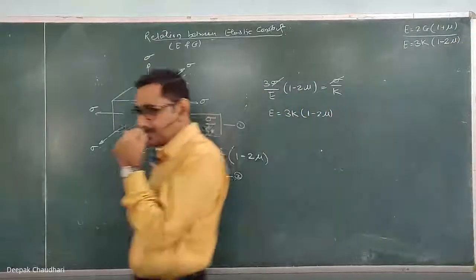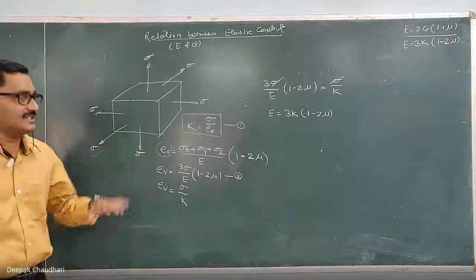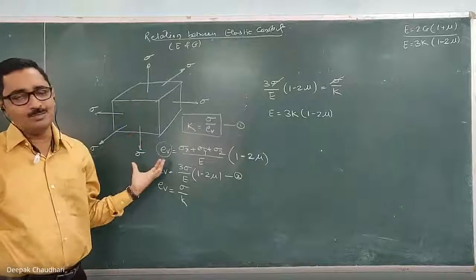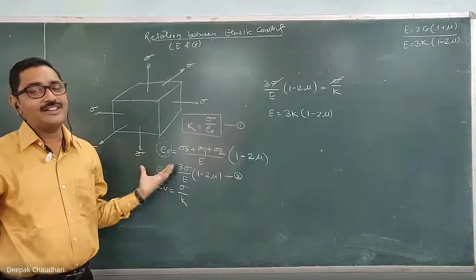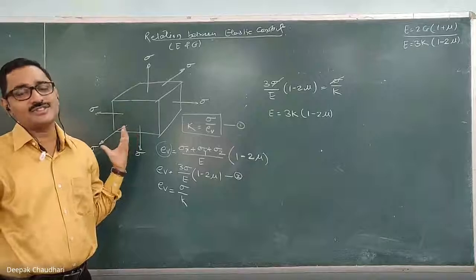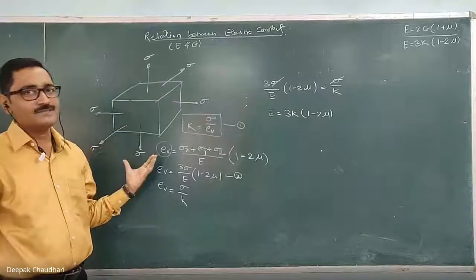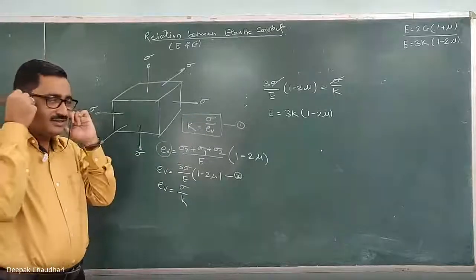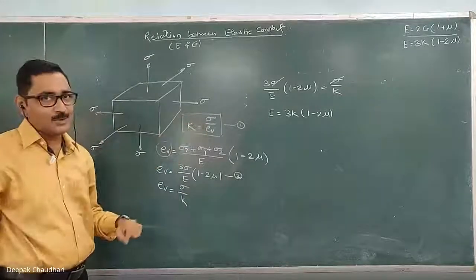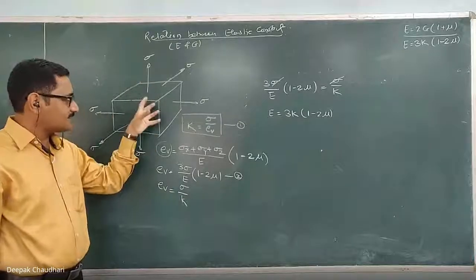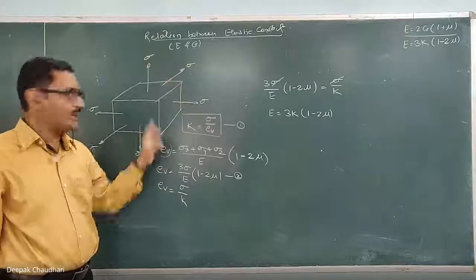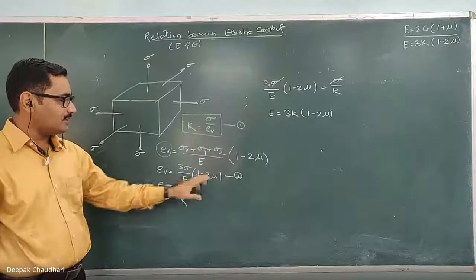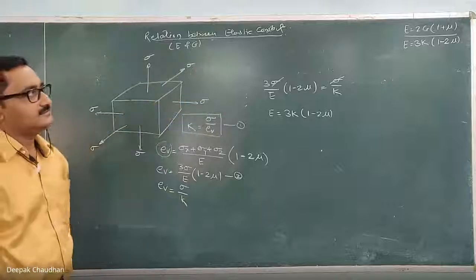Relation between modulus of rigidity and modulus of elasticity. So this second part is very simple. You just have to consider one cube which is subjected to identical, equal magnitude triaxial stresses. From this we have defined the bulk modulus, which is the direct stress upon the volumetric strain. From this, volumetric strain can be written as sigma upon K. And for this cube subjected to the triaxial loading, the volumetric strain becomes 3 sigma upon E into 1 minus 2 mu. If you equate this, you will get that.